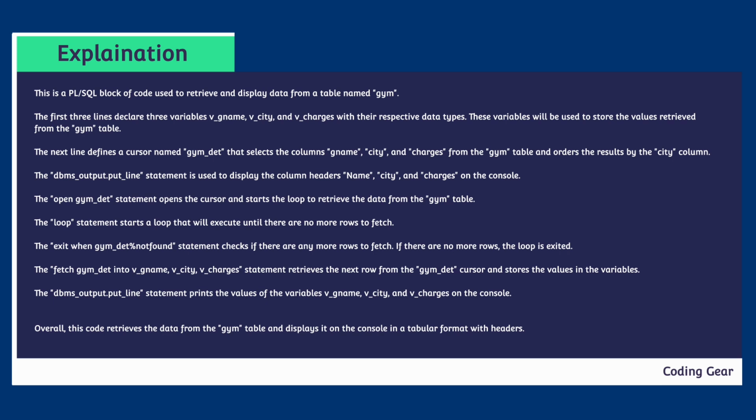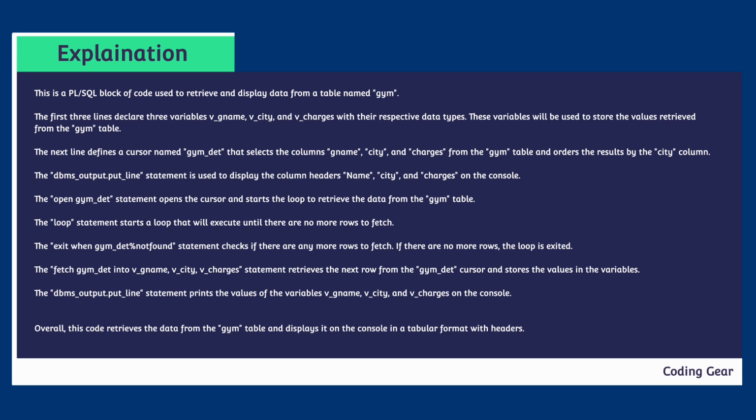The loop statement starts a loop that will execute until there are no more rows to fetch. The exit when gym_det%notfound statement checks if there are any more rows to fetch. If there are no more rows, the loop is exited. The fetch gym_det into v_name, v_city, v_charges statement retrieves the next row from the gym_det cursor and stores the values